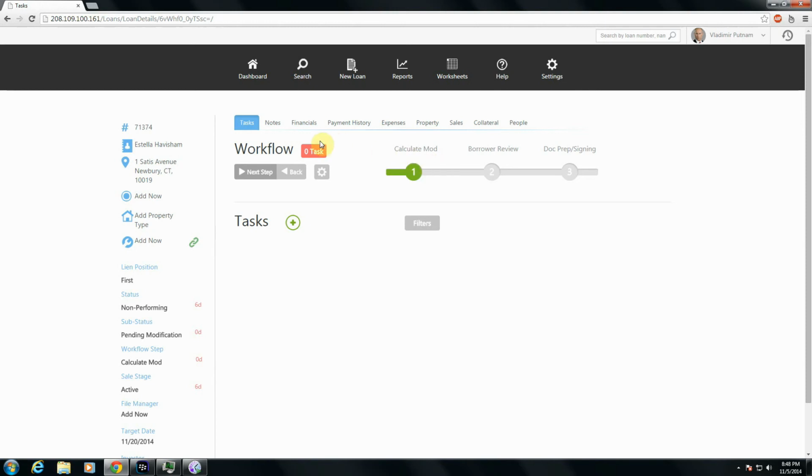So you can see here you got a couple options. First, you can go back and forth on the workflow. It starts out on step 1. You can click these buttons, next step and back, to go back and forward. You have a button here to access the settings tab, where it will take you to the workflow editor for this substatus's workflow. And then finally, you have an alert here indicating how many tasks are tied to the current